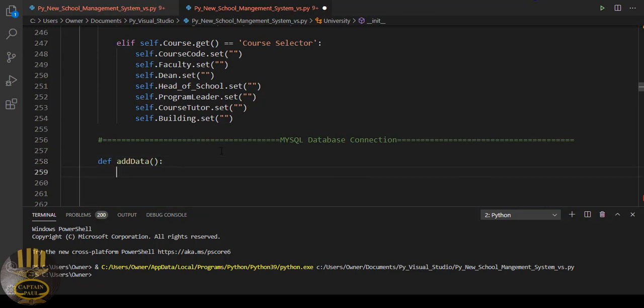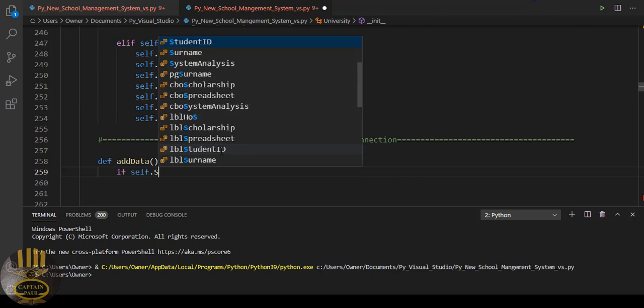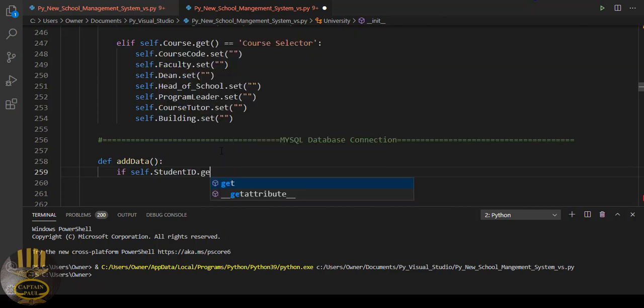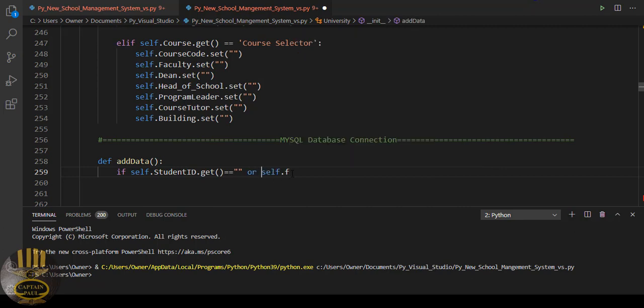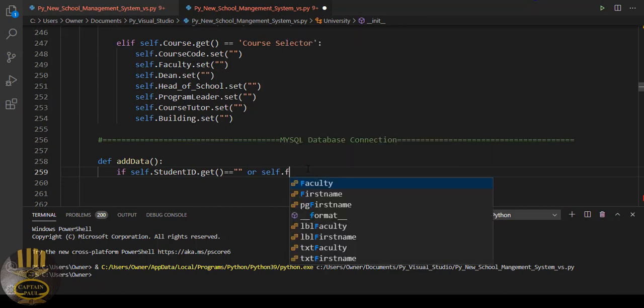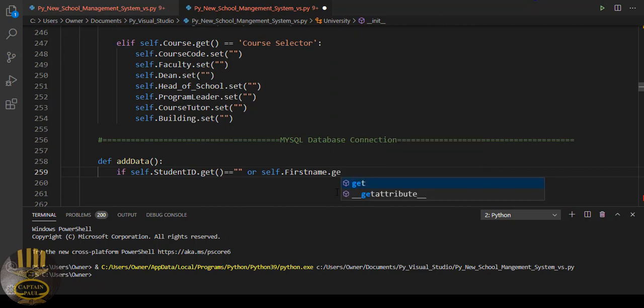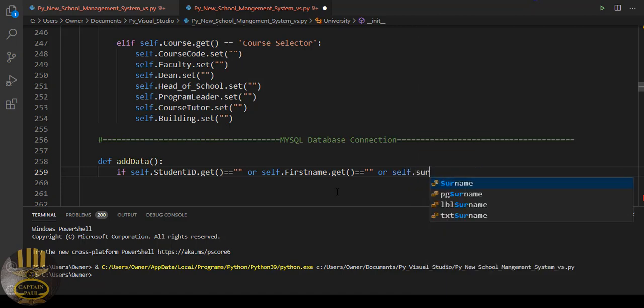So let's do that. In there, I'm going to use an if statement. If self.student ID.get equals nothing, or the next one is self.first name.get, if that equals nothing as well, or let's go for surname, self.surname.get, and if that is empty as well, then I want the system to actually